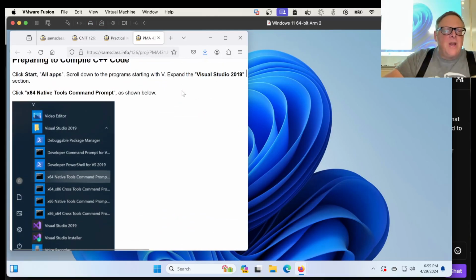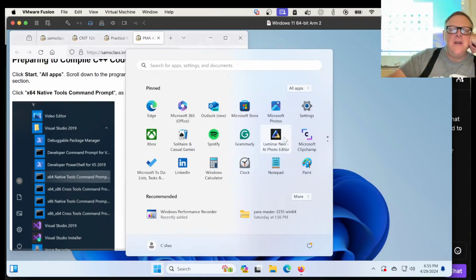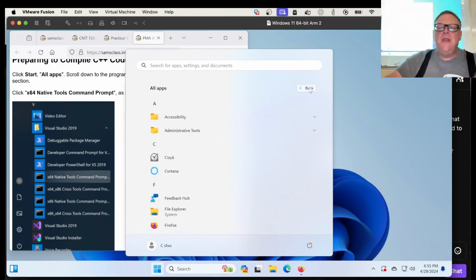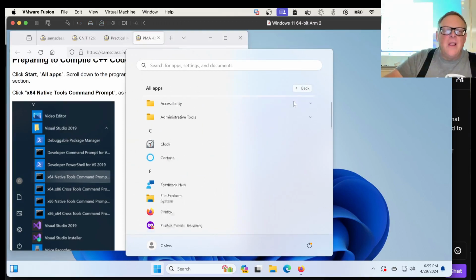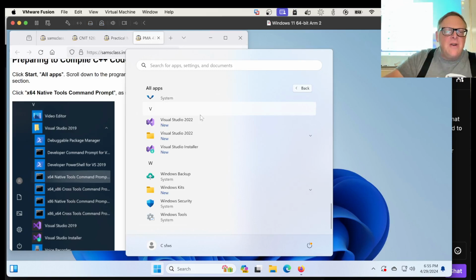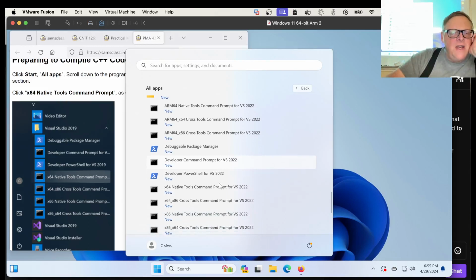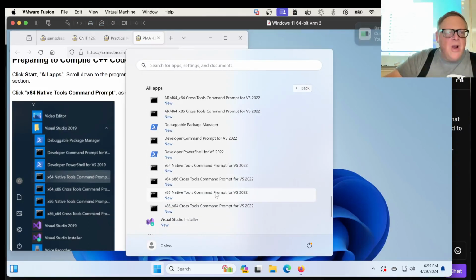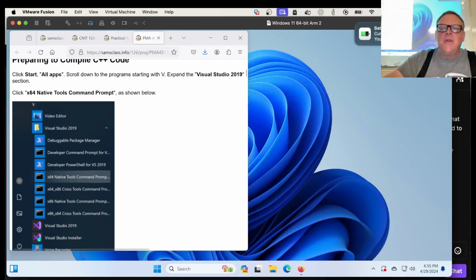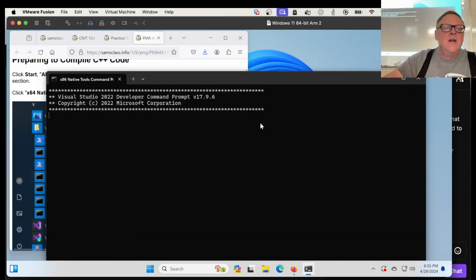And then I'm going to compile C++ code. So I'm going to use the command line compiler, which is simpler. It's essentially the same thing as GCC. So you go to the list of all apps and go down to Visual Studio and expand the container. And now you'll find x86 native tools command prompt, which is pretty interesting because I'm running on an ARM processor, but it does apparently support cross-compiling. So I can make 32-bit Intel code on an ARM processor and even run it on an ARM processor,